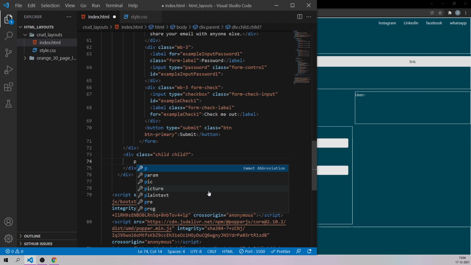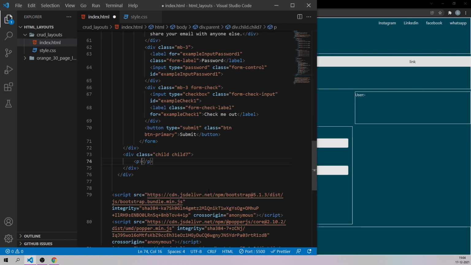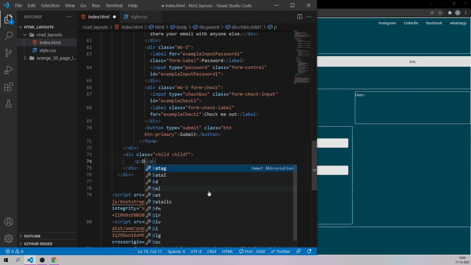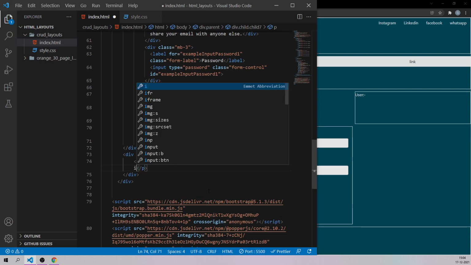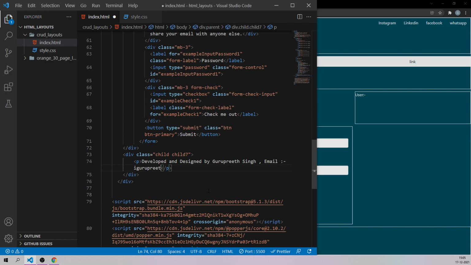In the footer section, let's have a paragraph which says this is developed and designed by, let me write it like this, Gurupreet Singh, and my email, like this.